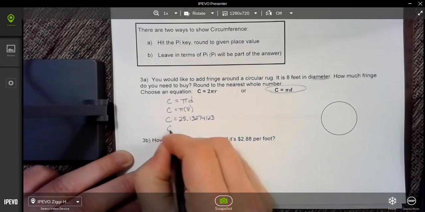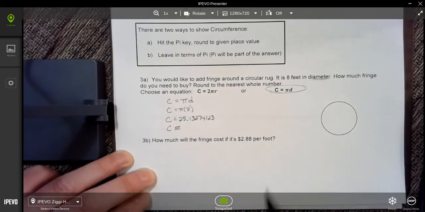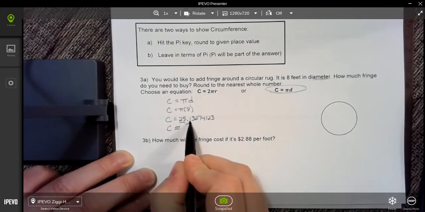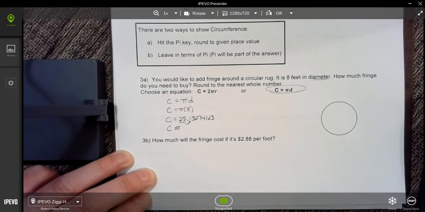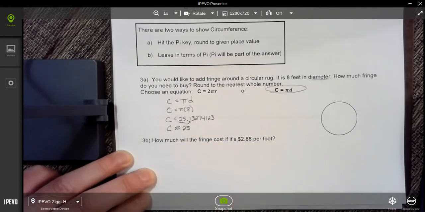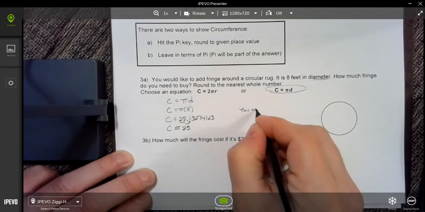So I'm going to say that C is approximately, not equals, but approximately 25. If I check my tenths place, I have a 1, which is not enough to round us up. So I'm going to say that the circumference C is approximately 25. Okay, and so we can say here that you need about, because we